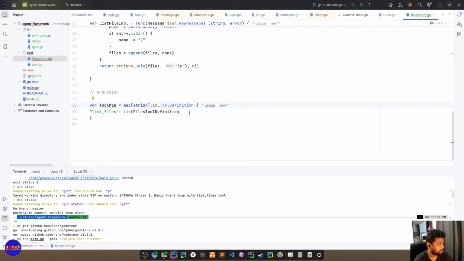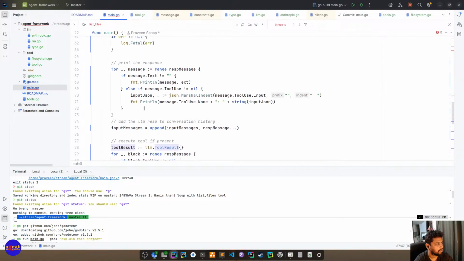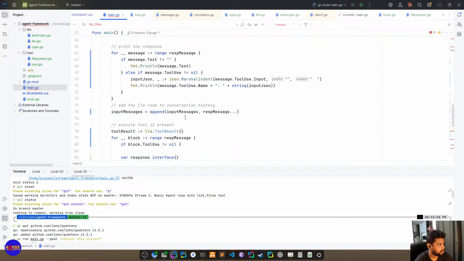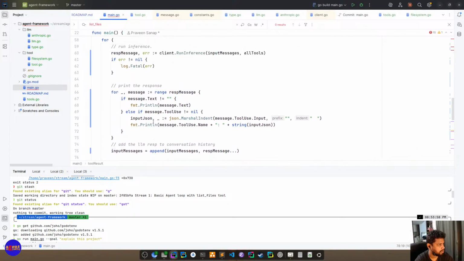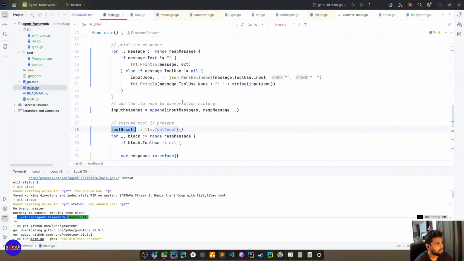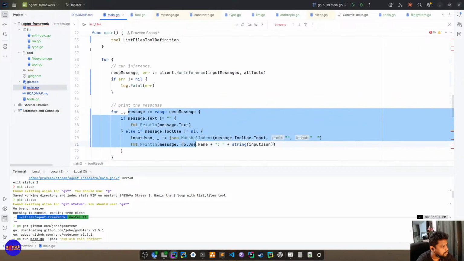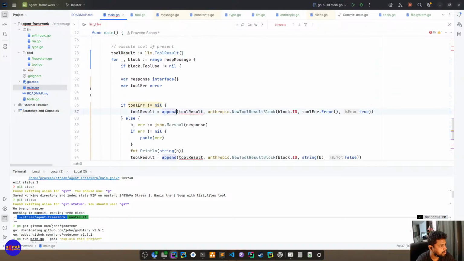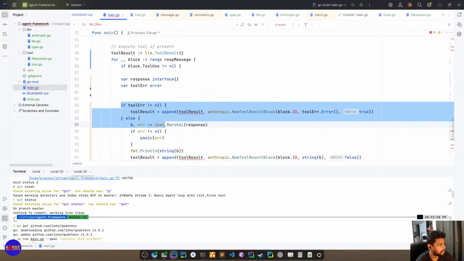Okay, what's wrong here? Well, okay, now we have tool definition. We append, prepare tool result. Okay, we were here, right?